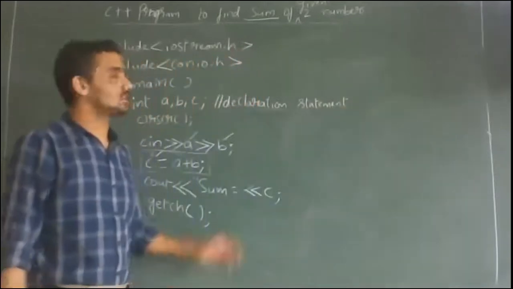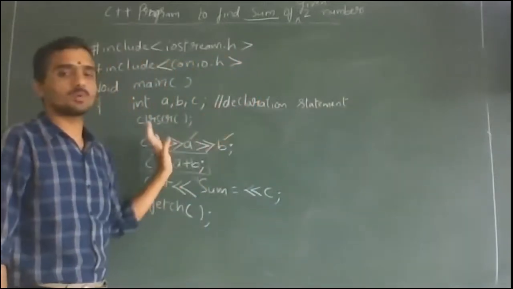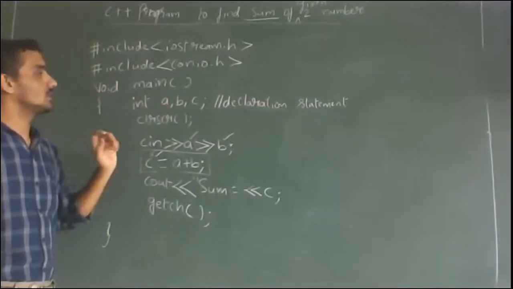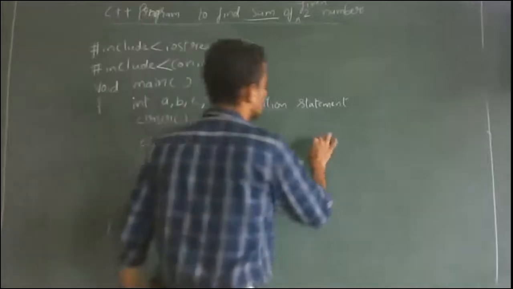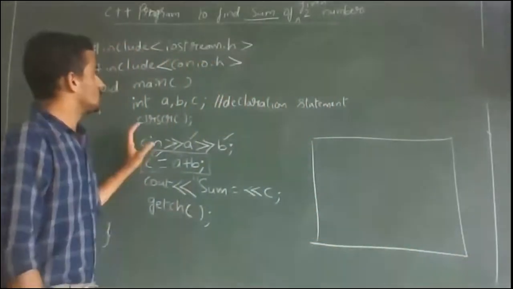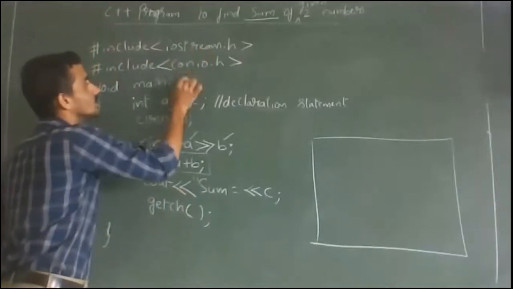So this line is called as comment. I will tell you after this program. I will explain about comments. Okay. So here A, B, and C are variables. Now if we look at the output, we will consider the output. Okay. So now you look at the program.